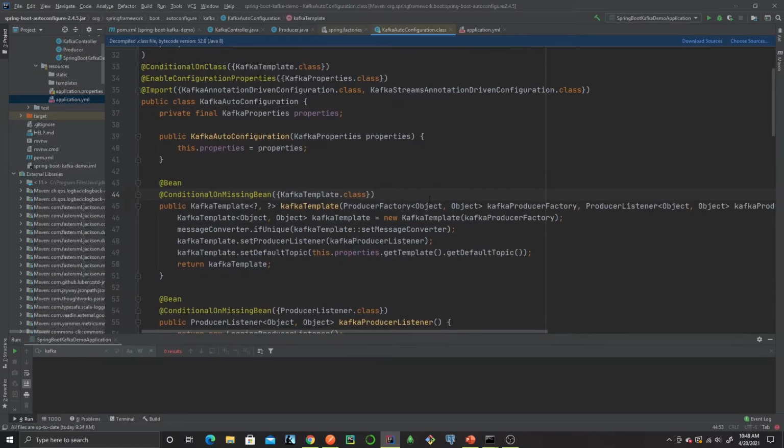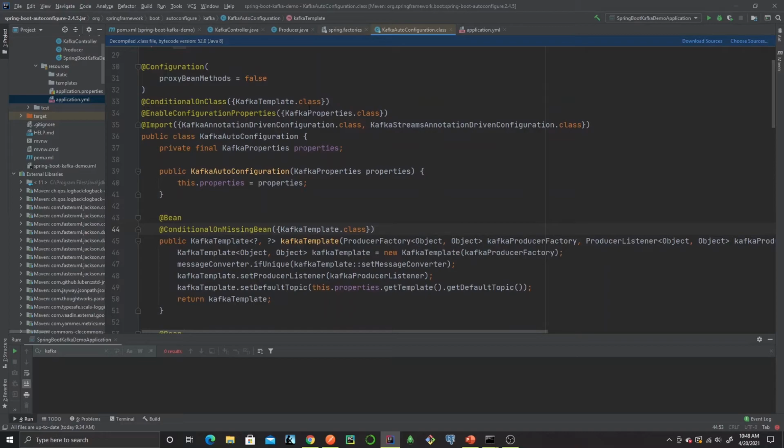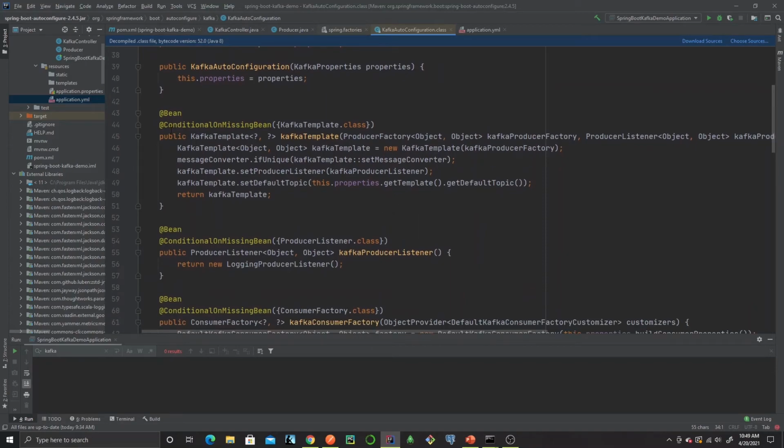And in that auto configuration, as I said earlier, there are three major things: conditional on class, to see whether the user has added your library in the class path and check for all the classes. Then if yes, configure the properties by reading the application.yaml, and check on the individual beans whether the user has created beans. If not, then you will create the bean, and for that you will use conditional on missing bean as the condition annotation to check whether the beans are present or not.